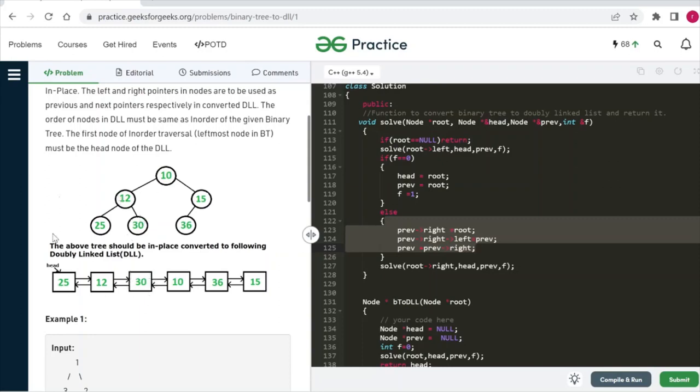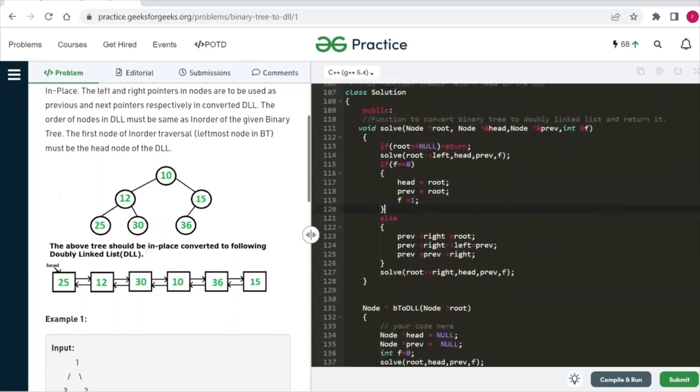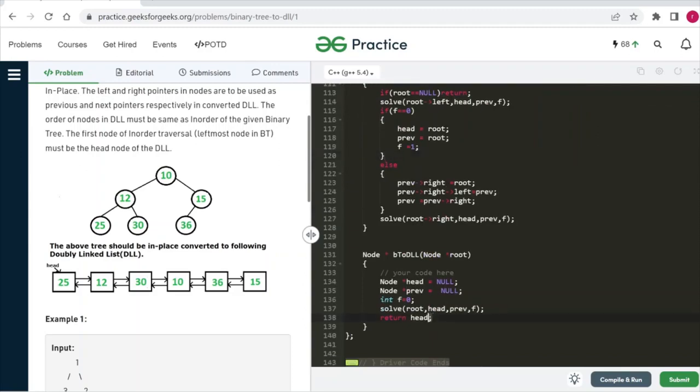In this way, similarly our in order traversal will happen for this given binary tree, and we will update the pointers accordingly so that our doubly linked list will get created. And finally, once the entire traversal is completed for this tree, we will simply return our head node, so that the entire doubly linked list can be traversed by using this head node.